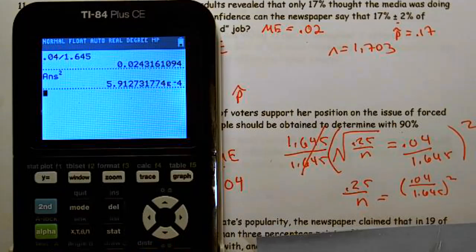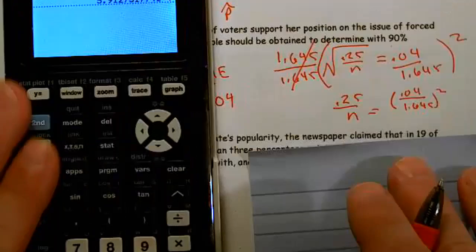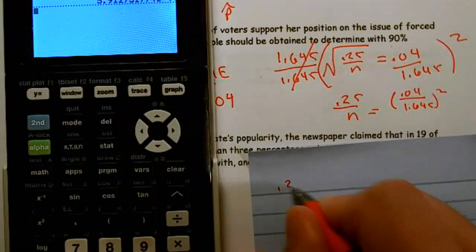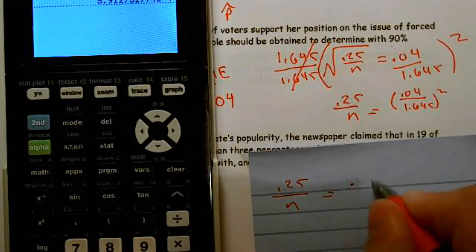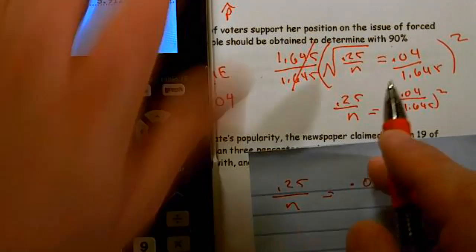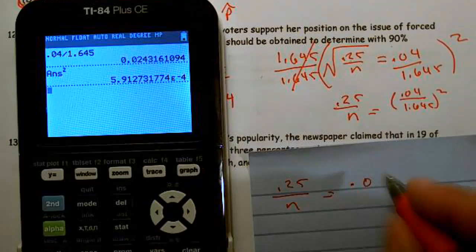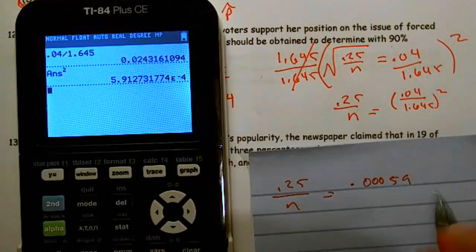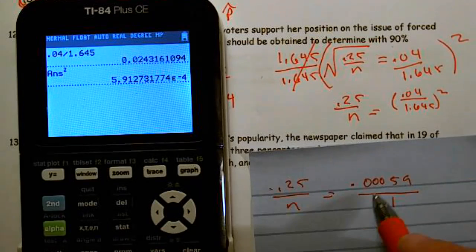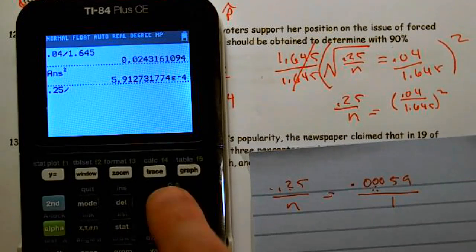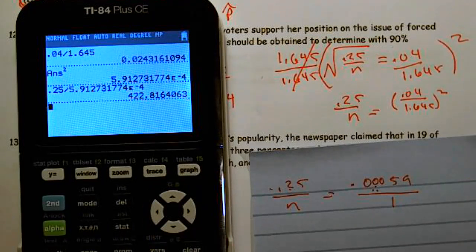So on this page, I have 0.25 over n equals, and I'm going to keep all the decimal places on my calculator. I have basically 0.0059, etc. I'm just going to put this over 1 because it's easy for me to see that ultimately I'm taking 0.25 and dividing by that number. So 0.25 divided by that small number gives me